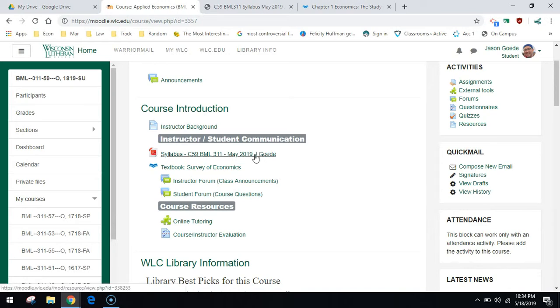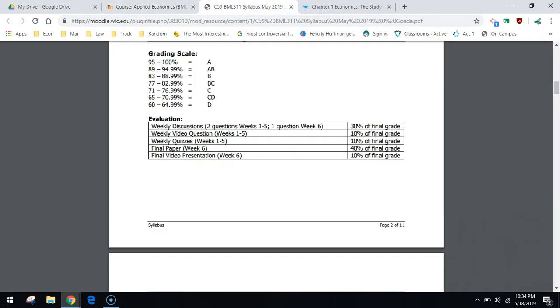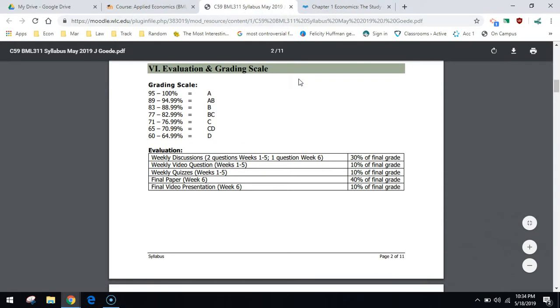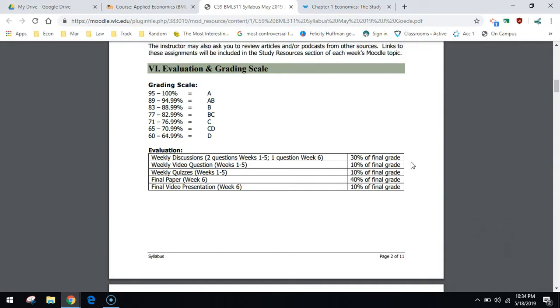You'll see the syllabus is here. It's laid out here in the link. The only thing I would really point out that is probably different is just the grading scale is listed there. The 2 heaviest parts of this grade are the weekly discussions. There are 11 of them spread out over 6 weeks.